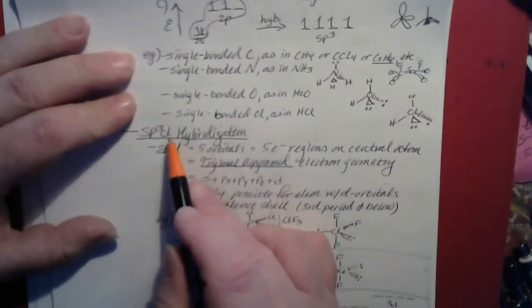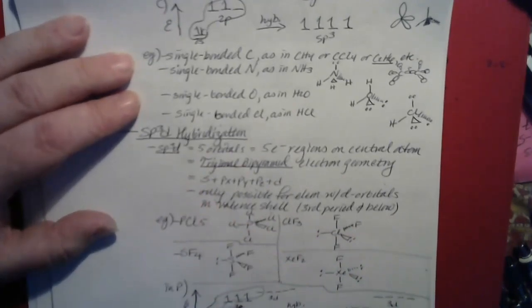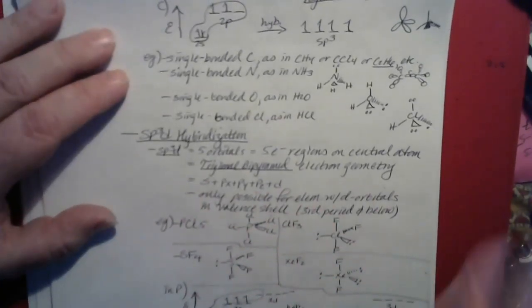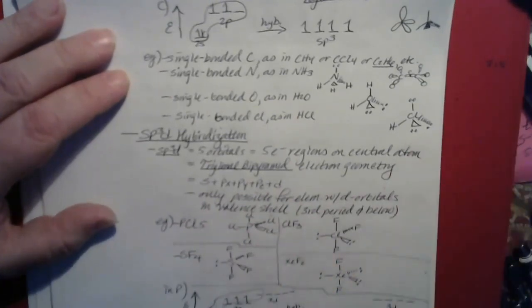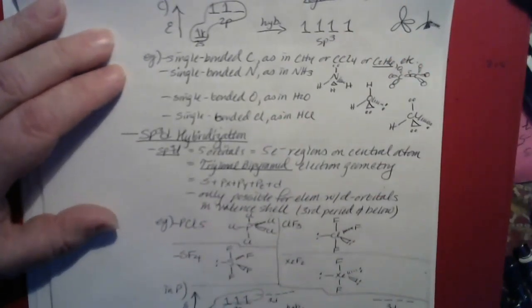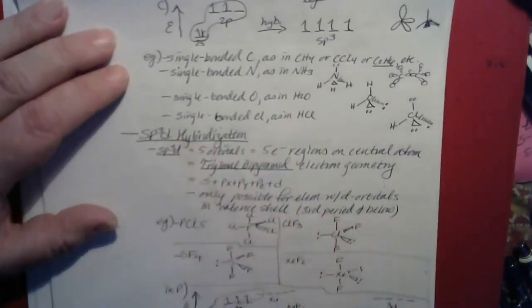Now, of course, this is only possible for atoms that have d orbitals in the valence shell. So that would be atoms from basically the third period on down. But it's important to remember the atom doesn't have to have electrons in the d orbitals in the valence shell. It just has to be close enough, or in a situation where it's close to being able to have electrons of that level of energy, so that the electrons could easily be promoted into the d orbitals of the valence shell. And that's why you have to basically be in the third period or below in order for this type of